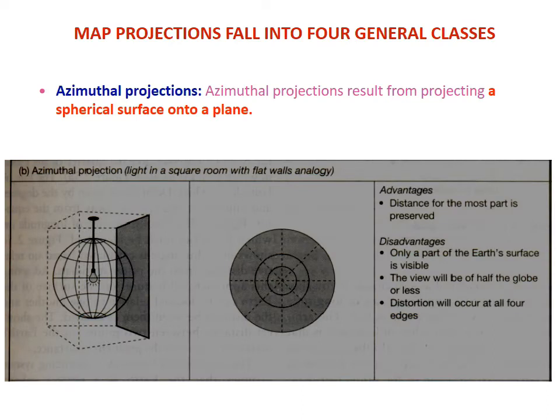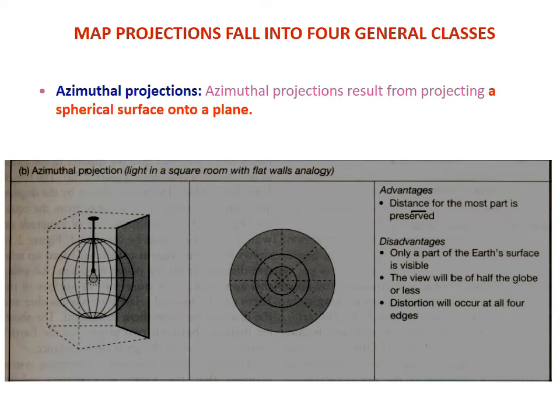And the next type of projection is the azimuthal projections, which results from projecting a spherical surface onto a plane. So the entire earth is not captured into the plane. Whichever side we want to capture, only that area is projected onto the plane. So in this case, most of the distances are preserved, and the disadvantage here is only a part of the